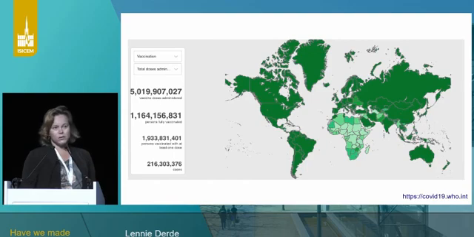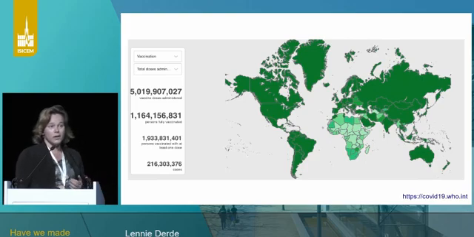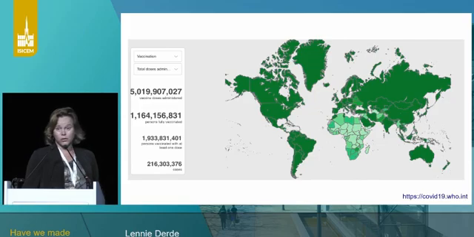But that also brings the other side of the medal, which is shown in this picture. And I think here a picture shows you or tells you more than 1,000 words. So this is something we haven't done very well. There's not enough equitable access to vaccines across the globe. And that's what this picture shows you. So yes, we've made progress, but there's also still some work to do.